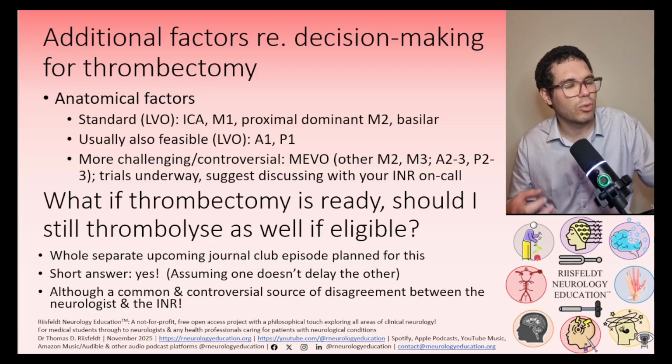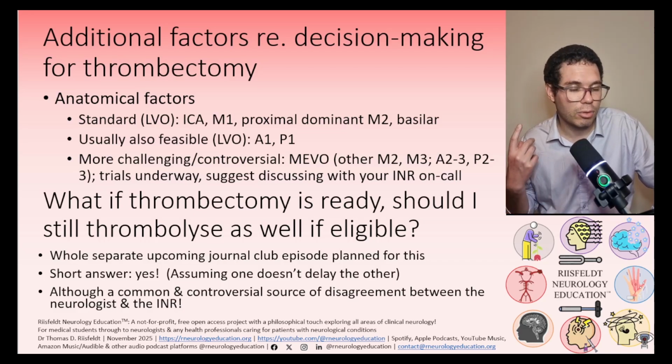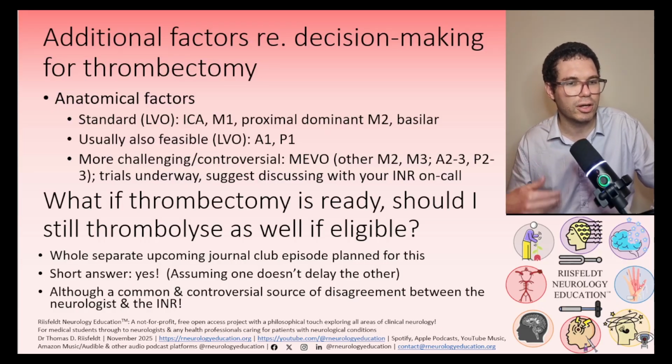Now, that's assuming that one doesn't delay the other. So you don't want to delay thrombectomy just so that you can thrombolyze someone. But if you can get the thrombolysis in quickly, then you should do that before or simultaneous with the steps involved in organizing the